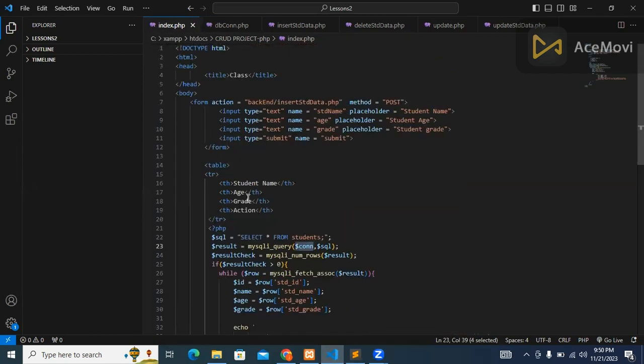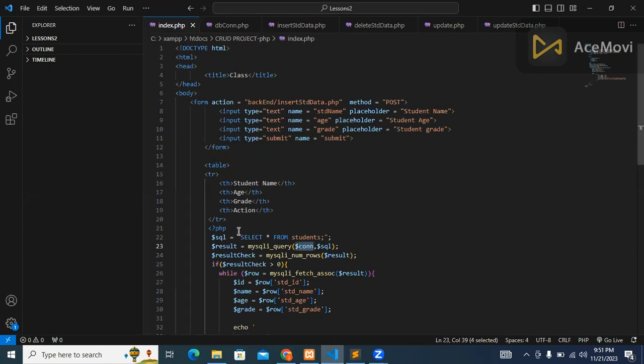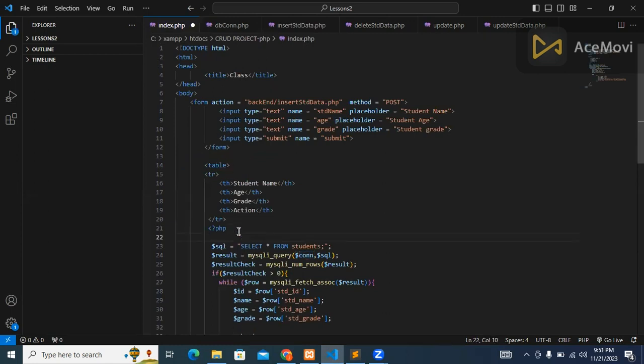Why? Okay, so the issue is I haven't included my database connection file here. I'm going to copy this one and paste it inside this PHP,